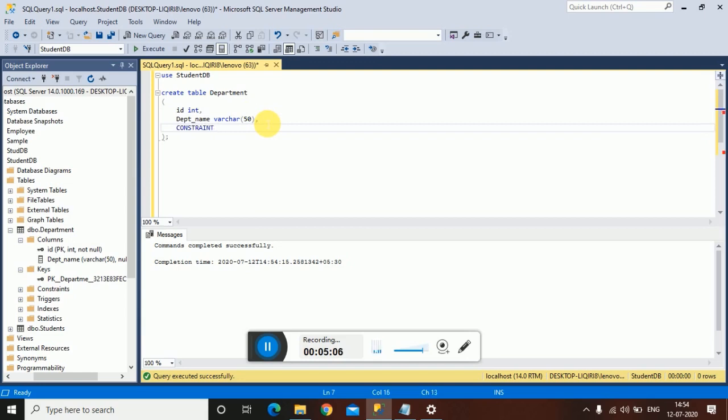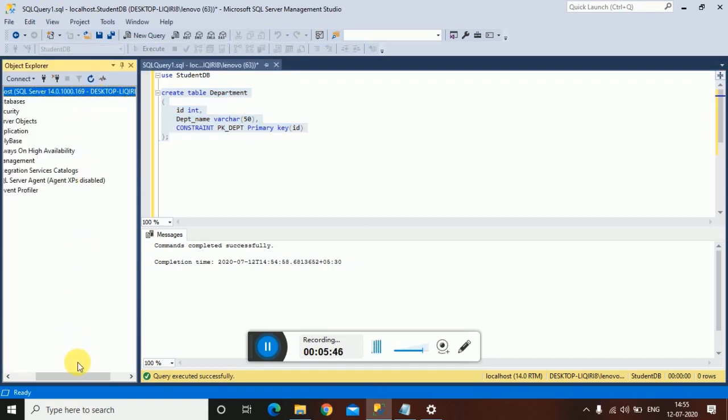Constraint is the keyword. pk underscore dept is the name of the key which I want to specify for the primary key. Primary key, and what column should be the primary key? ID column. So that's it. When I execute this command, SQL creates a table department with the primary key as ID, and the primary key name is pk underscore dept.